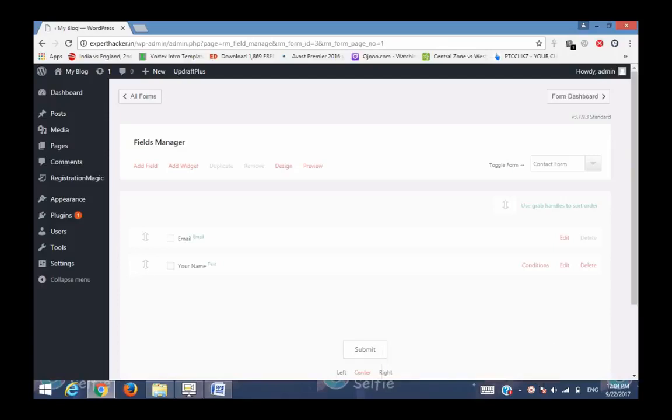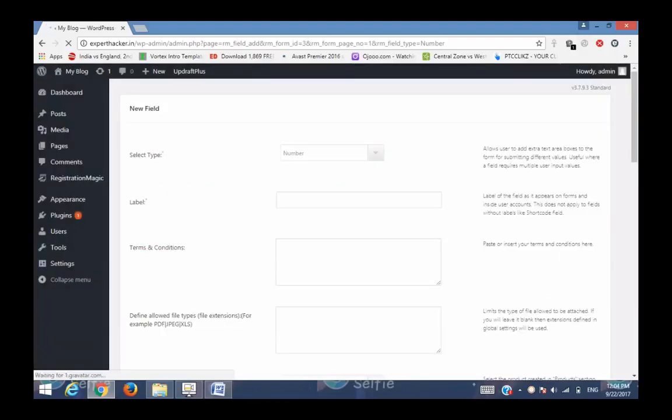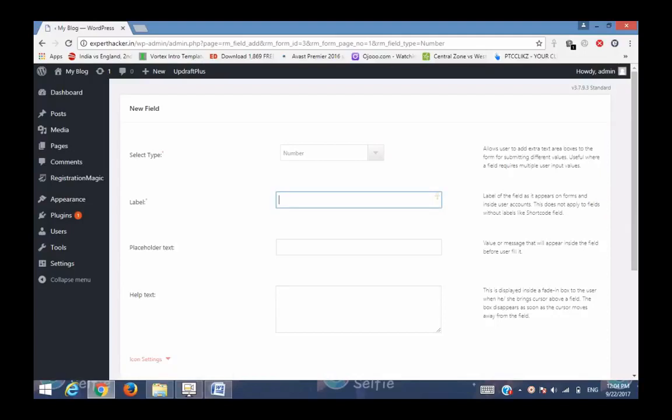Now I am going to add more fields to the contact form. I am going to add a number field that is used for mobile number. So here I am going to add Mobile Number. Enter your mobile number.